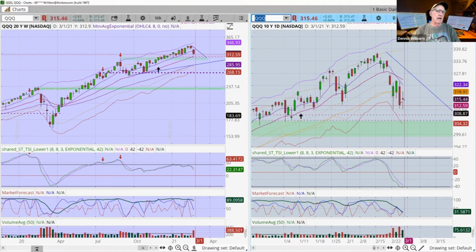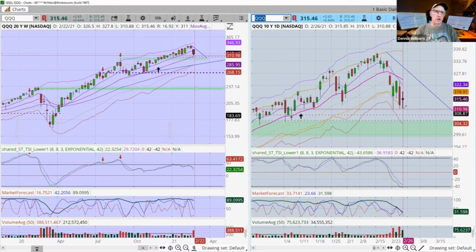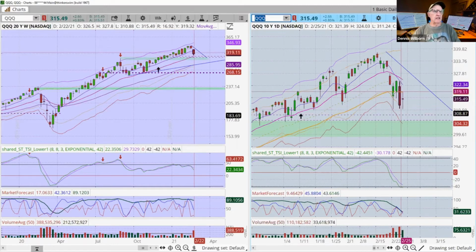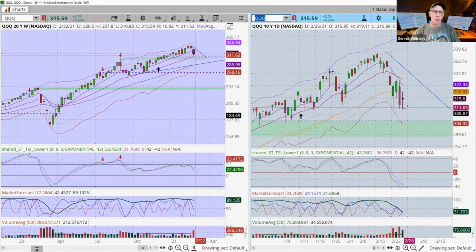Now, again, do I want to buy this low? The answer to that question is probably not. However, I could say, hey, this was a low on Tuesday, so maybe this is an area of interest. One of the things, as I was saying, is to stay out of the market until